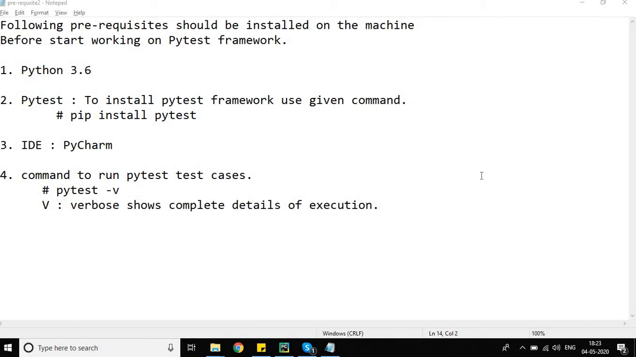Today's video is all about how to write test function and test file in Pytest framework. As we already discussed in the previous video, there are some prerequisites that need to be installed on a Windows machine. So these are: Python 3.6 should be installed and configured. Pytest framework should be installed using the pip command, pip install pytest, and the recommended IDE to work on the Pytest